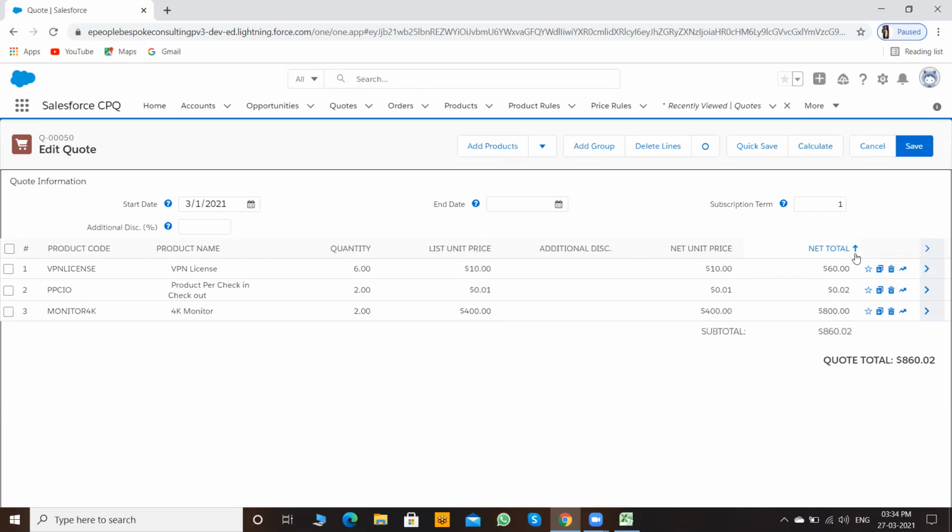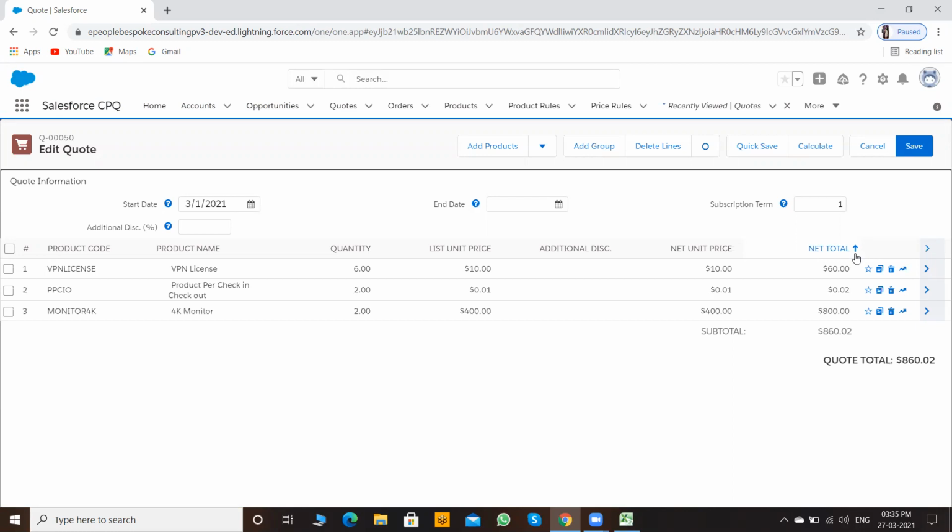Right? So if you get from a third-party application around 50, 100, 200 line items, it will be difficult for the sales rep to select one product at a time. It will take much more time.